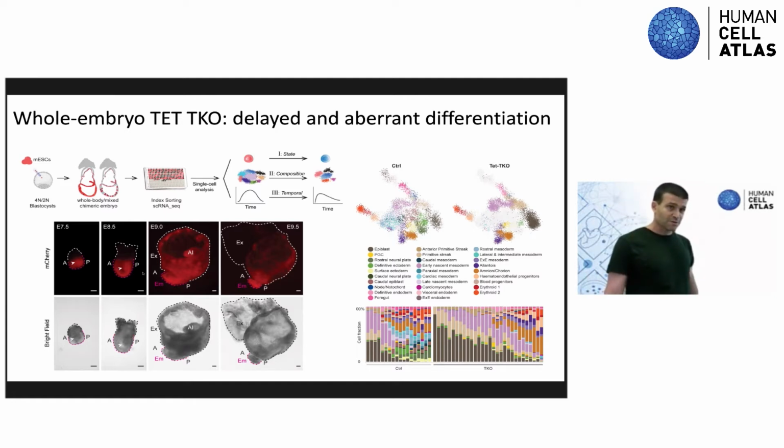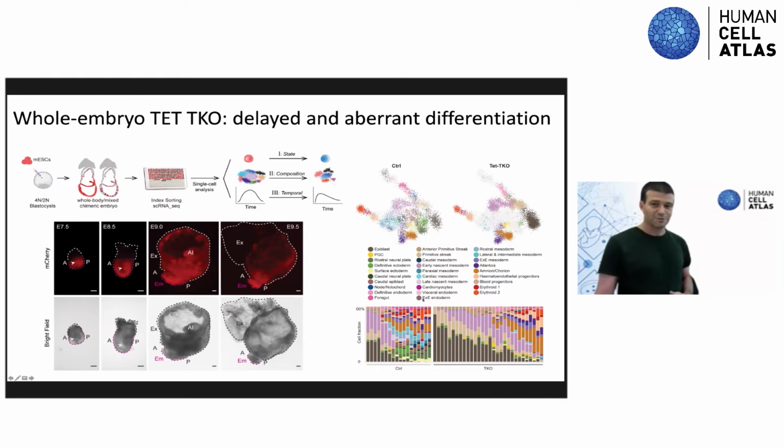So the first of those is a whole embryo mutant, where you replace only the embryonic mass, not the extra embryonic mass, with mutants, and you compare it to controls. This is the kind of scheme you are running here. And when you replace triple knockout TET cells and generate embryos that have normal extra embryonic parts but a completely mutated embryonic part, you see major effects that you can project on your manifold and on your